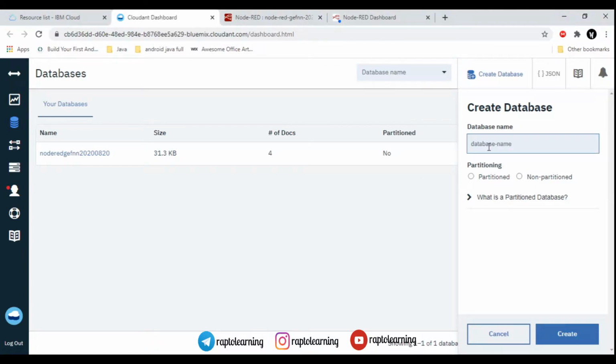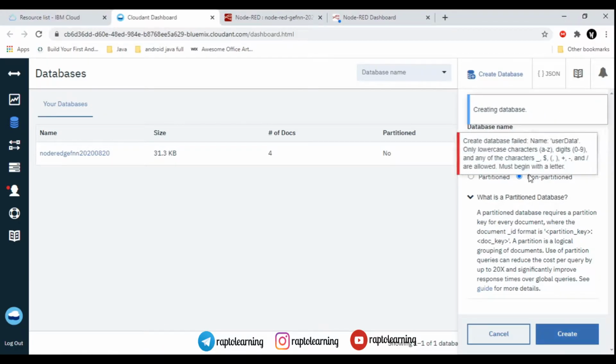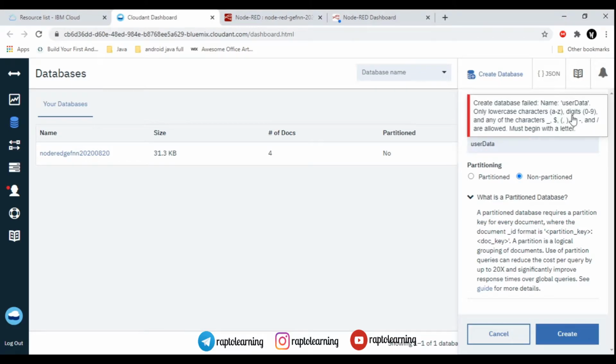So for now we will mention the name, and it is asking for partitioned, non-partitioned and all of that. Intentionally I have written this name because many of you will make this mistake while creating your chatbot. So this is the info about creating a database, or what a partitioned database is. We are just going to do a non-partitioned database.